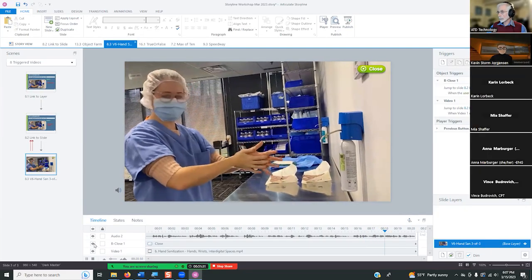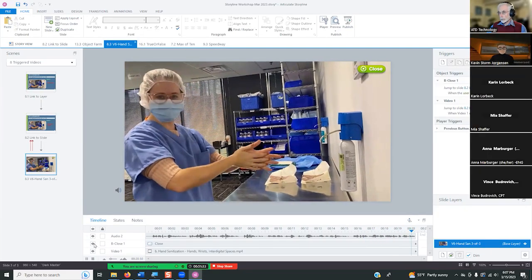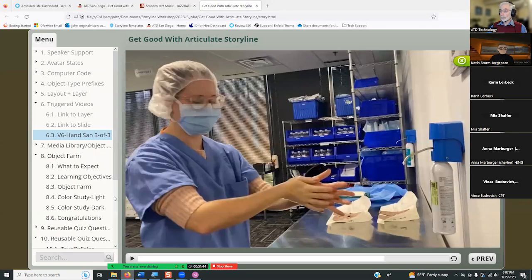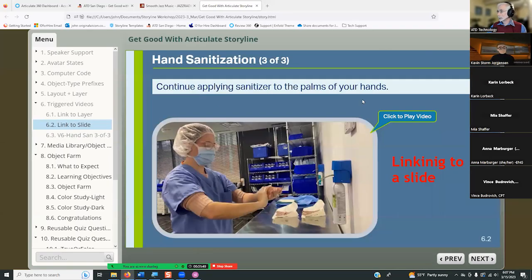Inside your sterile field while moving back to your workstation. Okay, the magic words are back to the workstation, and you heard it while you were looking at this in developer mode. Let's go to what was produced, and we'll go back to a link to the slide. Okay, link in the slide.